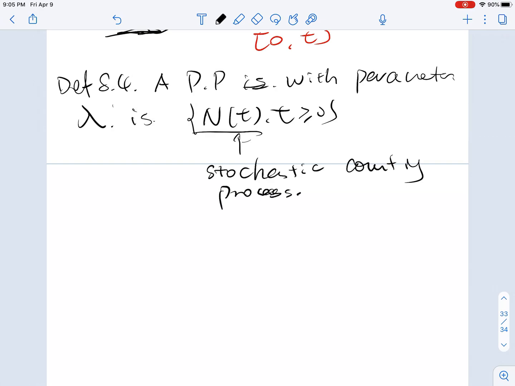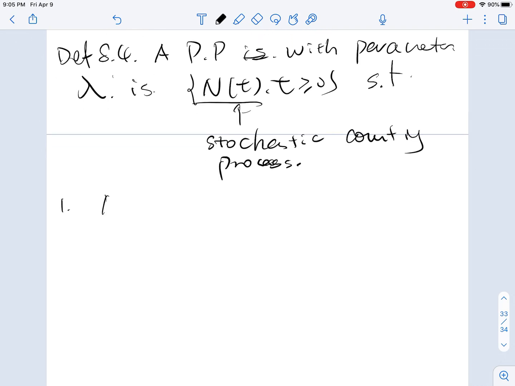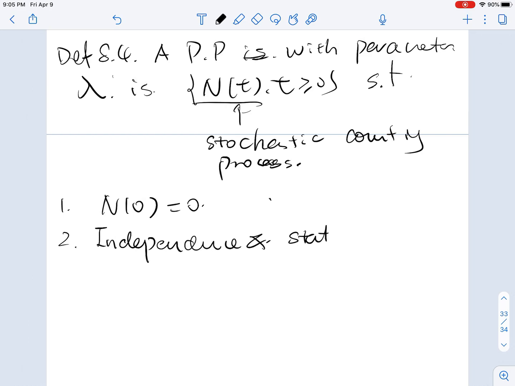Right. And such that it has 4 properties, right? So the first one is N(0) equal to 0, right? So we start with counting from 0. And the second one is the so-called independent and stationary